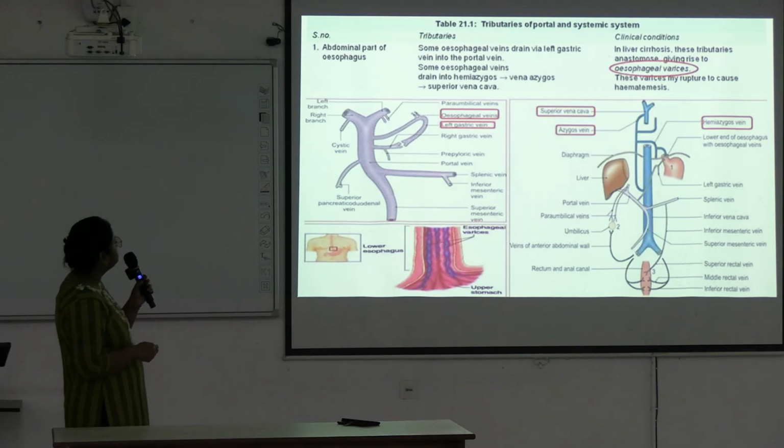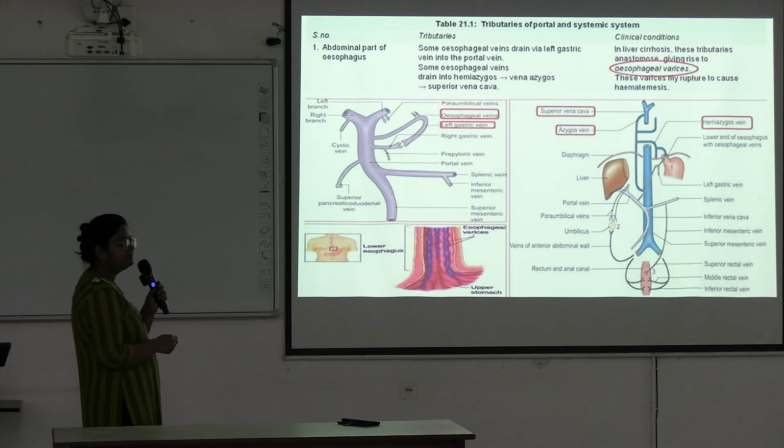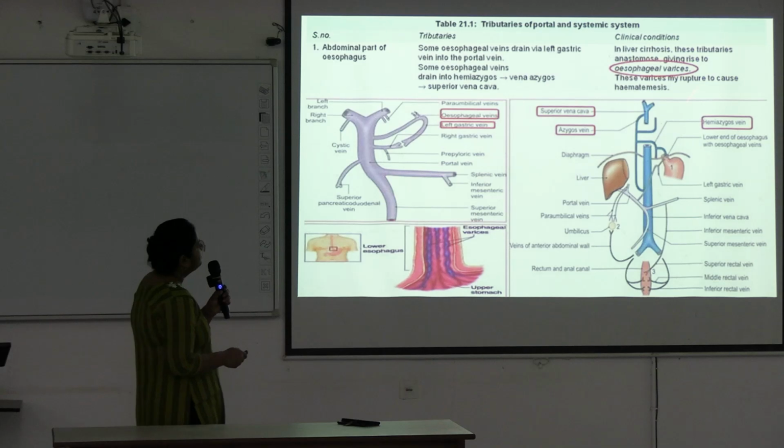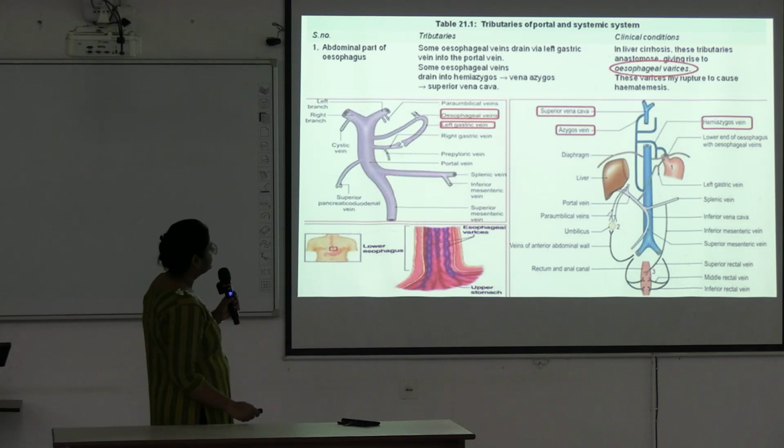Okay, so the sites of these have been shown. So this is the location of esophageal varices. Esophageal veins are draining into the left gastric vein, which is a tributary of the portal vein. So here the esophageal veins are the systemic veins anastomosing with the left gastric vein, the portal system. And some of the esophageal veins are draining into the azygos system of veins here. This is going to drain into the systemic circulation. Next.